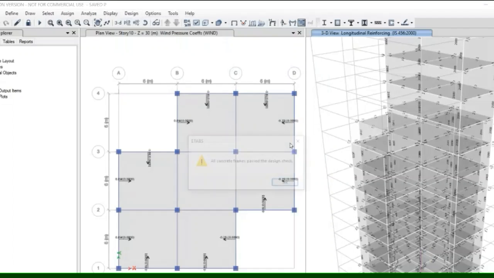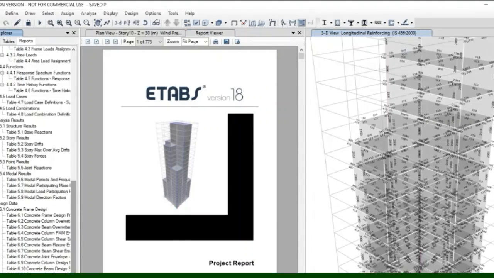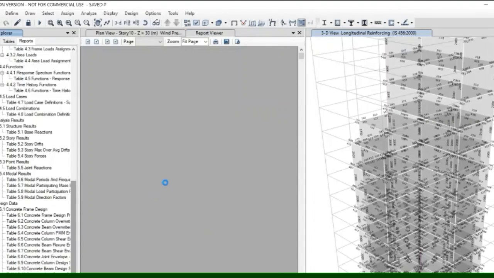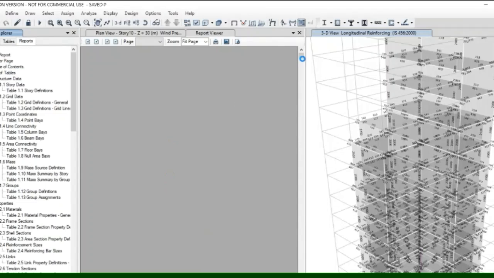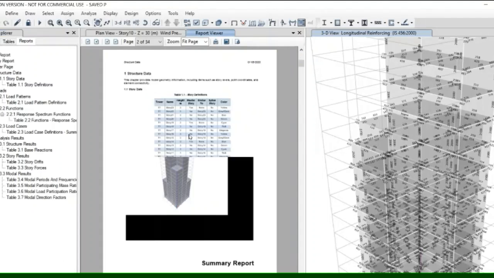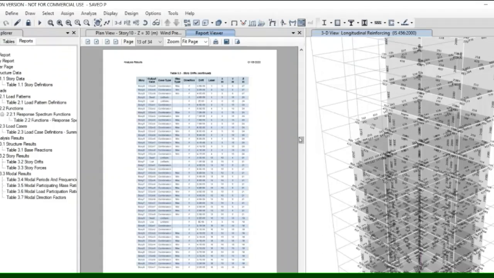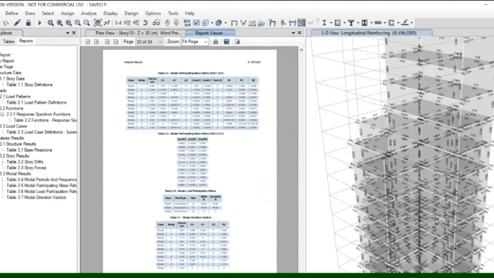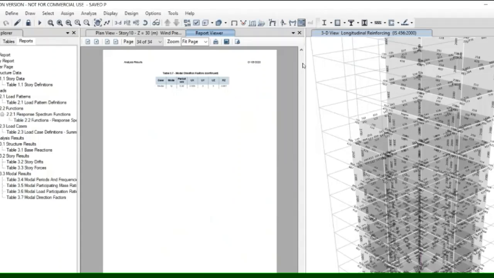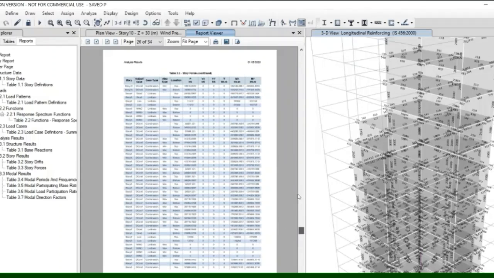Verify all members passed. For the report, go to the report, click on the project report. Here you can see all the data of the building. Thank you for watching.